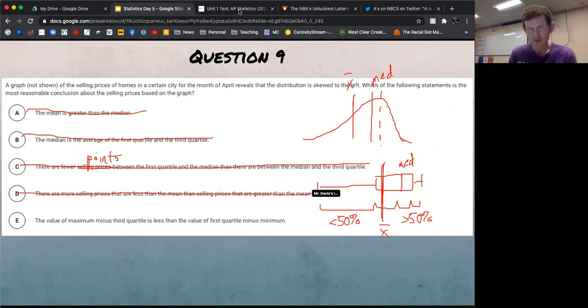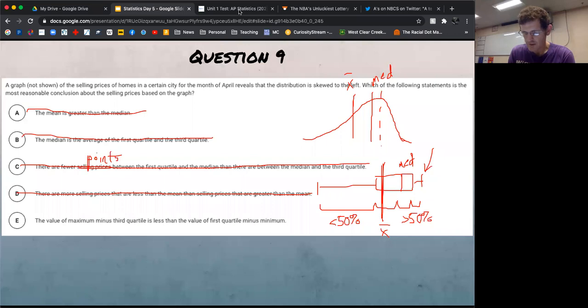Okay, so that leaves, if you feel confident in your logic thus far, you know what the correct answer is. It's E. But let's explain what this is talking about. The value of the maximum minus the third quartile is less than the value of the first quartile minus the minimum. We're talking about the values here. So whatever that highest